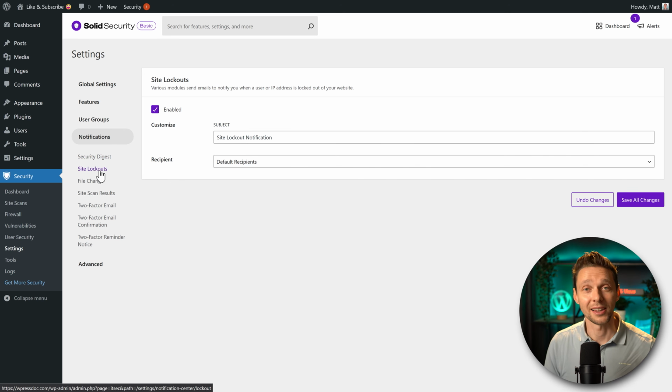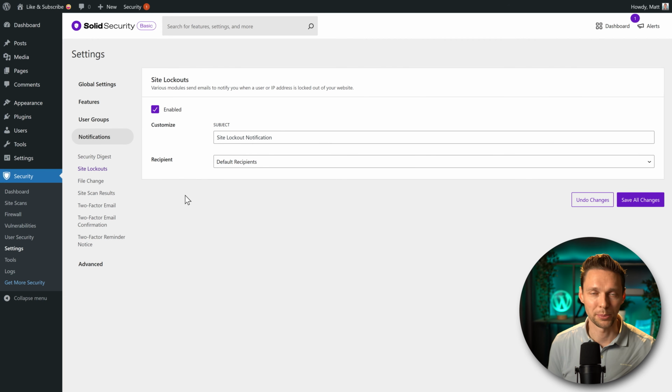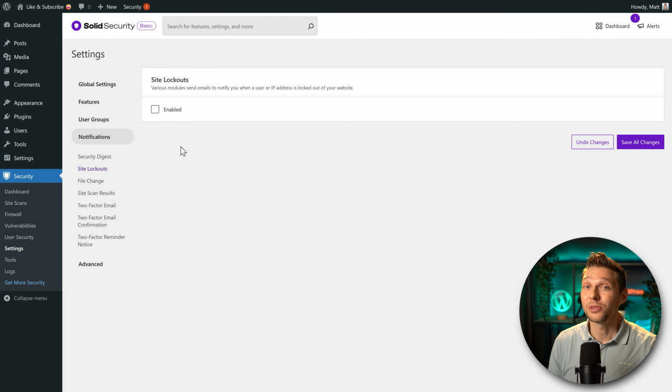But then we go to site lockouts. This could be very interesting to see how many people are being locked out from your website. If you don't have a website with a lot of traffic, keep this enabled, because you get an email, hey, someone has been locked out due to bad logins. If you have a lot of people coming through your website and a lot of invalid logins, just disable this, because you will get emails by the hour that people are being blocked from your website. So, just so you know.